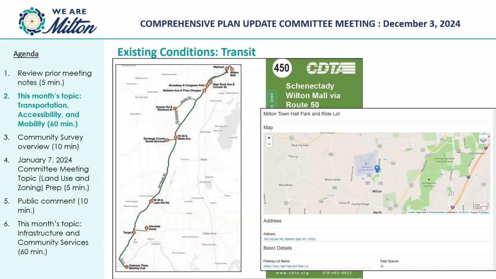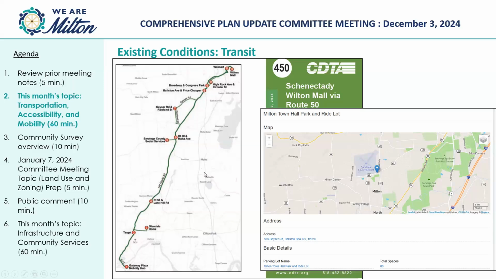This gets commuter bus service from CDTA's Northway Express and connects mainly with parts south of here, mainly down in the city of Albany. That serves primarily commuters. You drive here, maybe you walk if you're close by, and you pick up the bus. There's a bus shelter over there, some lighting, and a bunch of parking.